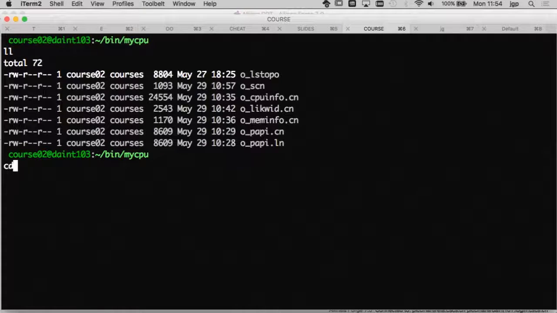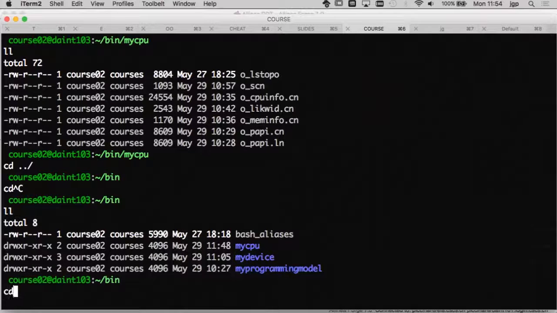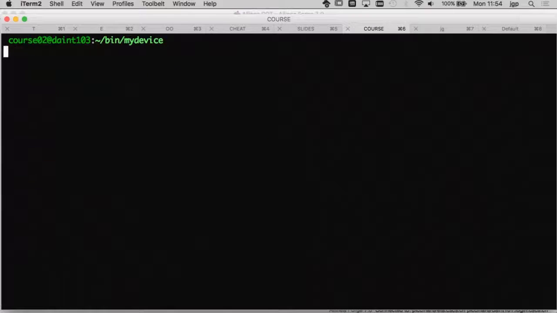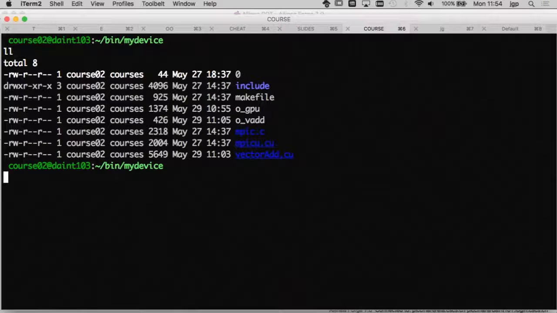Okay, so now we know a little bit more about the CPU, but what about the GPU? I did not give you the source code here because I was not allowed by NVIDIA to share the include files, because they are under copyright.